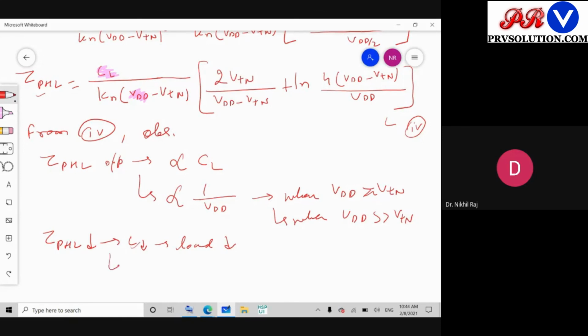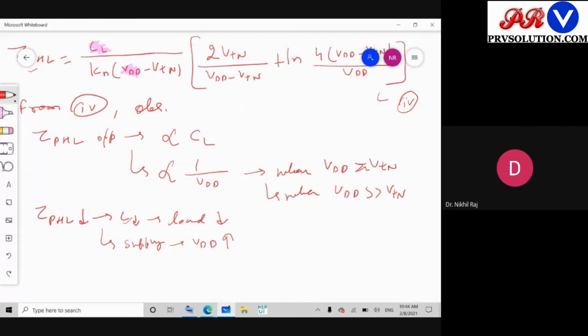Now, the other way, if we are not disturbing CL, then we can go for the supply. Supply means VDD. So what we can do for VDD, if we are increasing the VDD, then we can reduce the switching time. But increasing VDD means what happens? My power will increase, the power dissipation will increase. So again, this is not a good choice, and moreover to that,